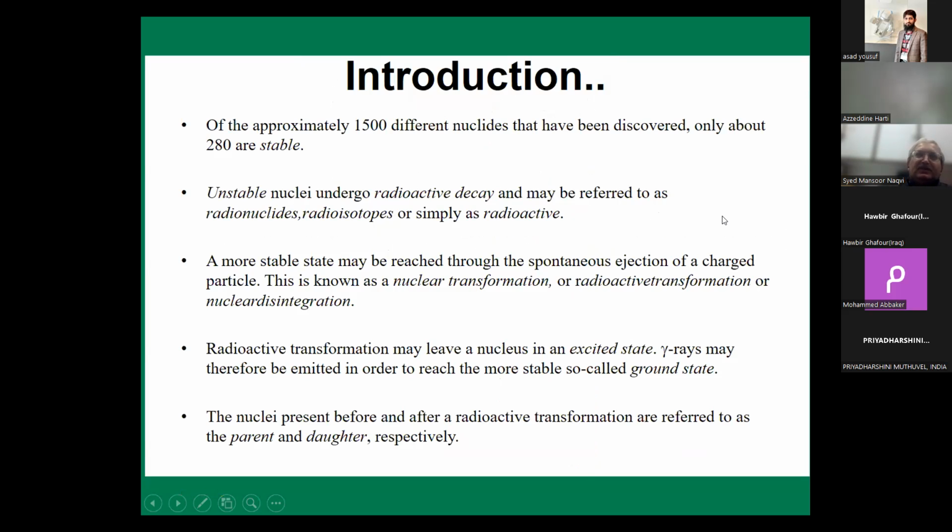I begin with the introduction. Most of the things here are common and basic nuclear physics, which most of us are already familiar with. So it's just a refresher, and I may go through some slides slightly fast so that we can cover the actual content which I meant to. As I mentioned, the isotopes which are particularly used in medicine. So to begin with, just some basic information that there are,